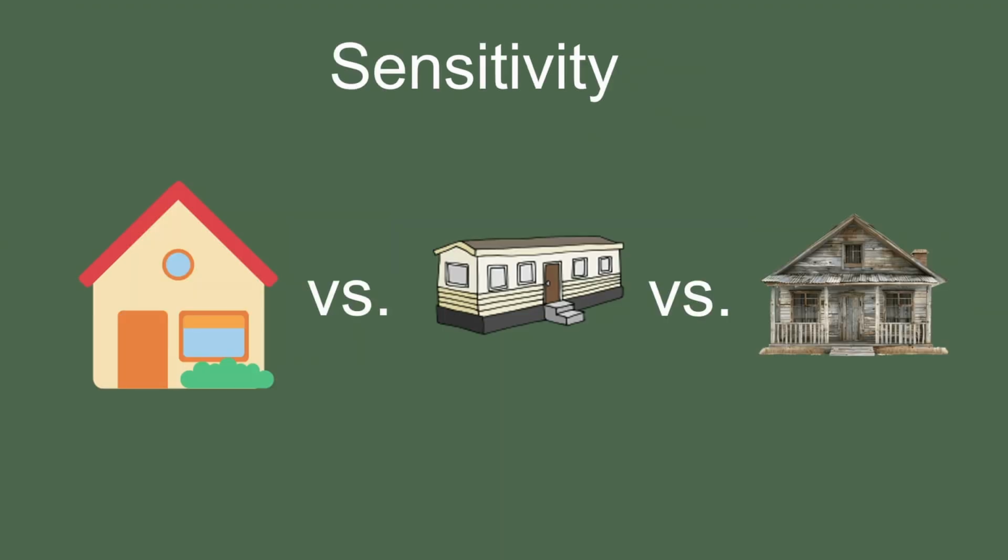Sensitivity is how likely an asset or population is to be affected by a hazard when it comes into contact. So an example for this would be a newly built house with fresh materials and modern technology would be far less sensitive than a mobile home or an older home that might be susceptible to leaks from a roof or